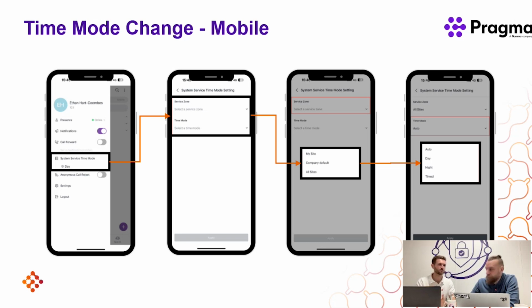Think of a company director quickly rushing out of the business on a Friday at 3 p.m. They haven't got time to faff around with a handset or go onto the portal. It's a really nice way on a mobile app. Go in, as we can see, change it to night mode. Done. So again, we offer that user experience, a nice change that we've been able to add. Multiple use cases where this would be beneficial: Christmas party, meetings, whatever. But yeah, a nice add-on to the platform.